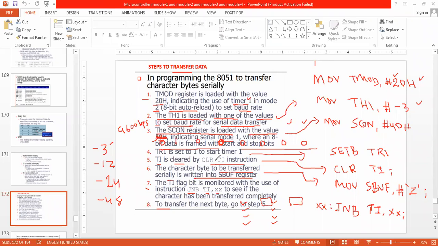Where is step 5? Clear TI, here. So I will use SJMP YY. Where is YY? YY is here.